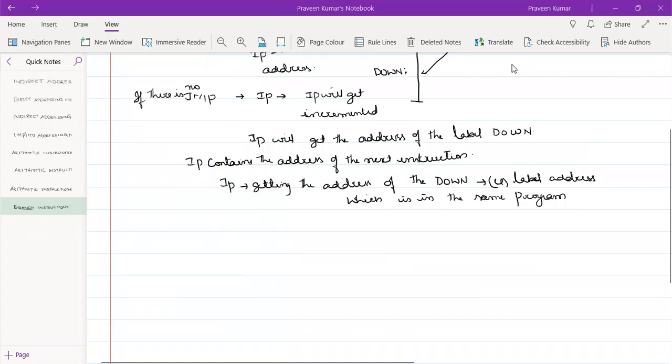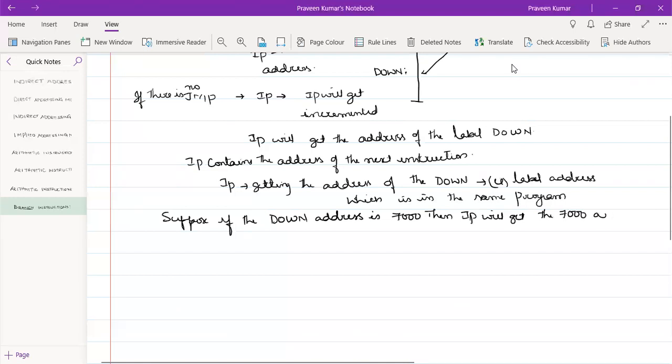Suppose the address of down is 7,000. Then the IP will get the 7,000 entry.